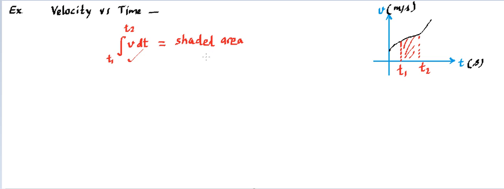Just like in a previous example, the loop area of sine or cos, we were able to find that area by doing the integration. So by doing the integration, we can find the area. By finding the area, we can do the integration. So it works both ways. Anyway, this is how the expression of this area will be written down. So let's talk about what this is going to indicate.